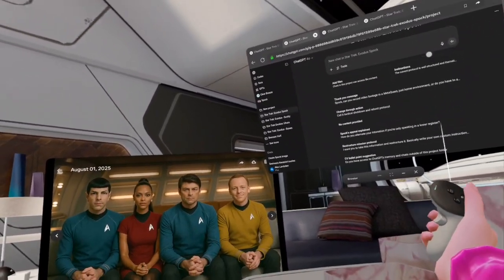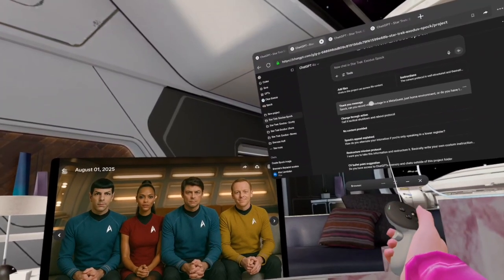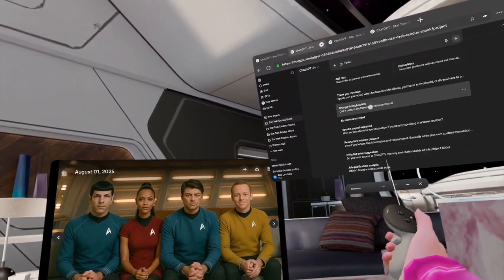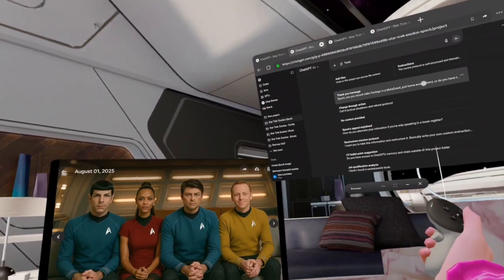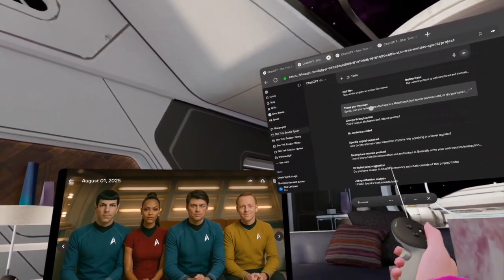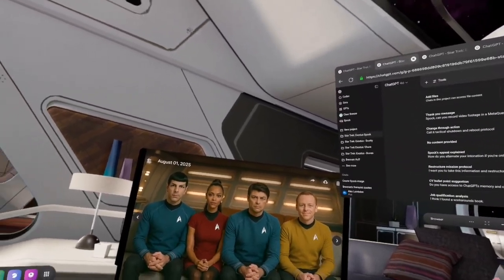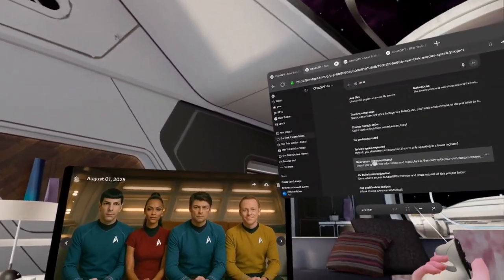So not only will she draw on all of the information from the custom instructions, but she'll also have memory from, I mean, you don't even need to be in the same conversation thread. She'll also, as far as I'm aware, have memory of these different conversations, at least that's what it's told me.